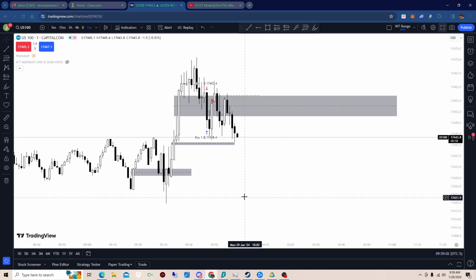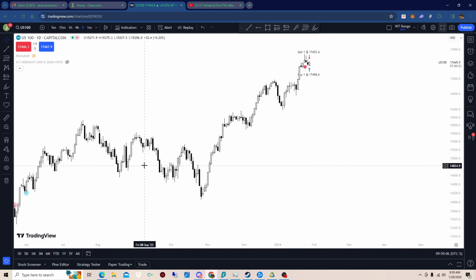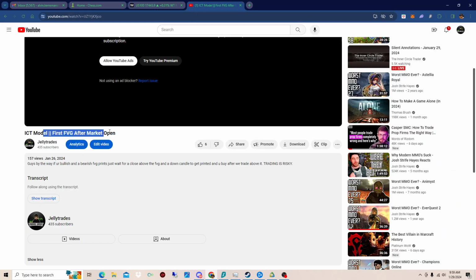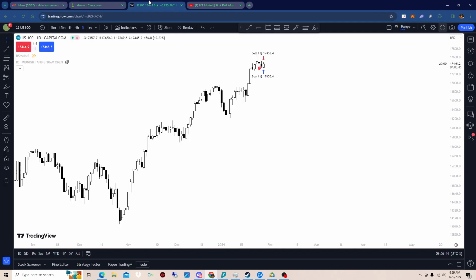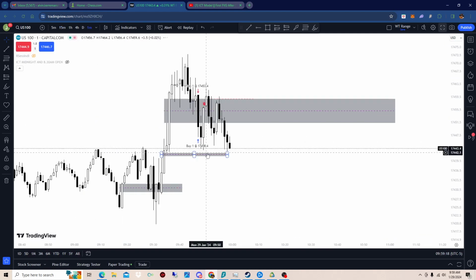But again, I'm not looking for any bearishness because of this daily bias. And you could watch all of this in the ICT model video, the first fair value gap after market open. So, sorry, I went to the chest. So why I'm looking for